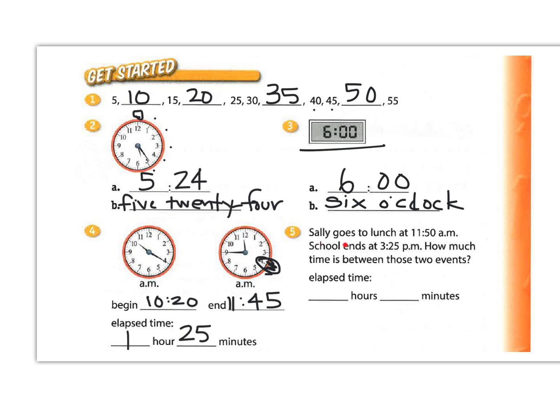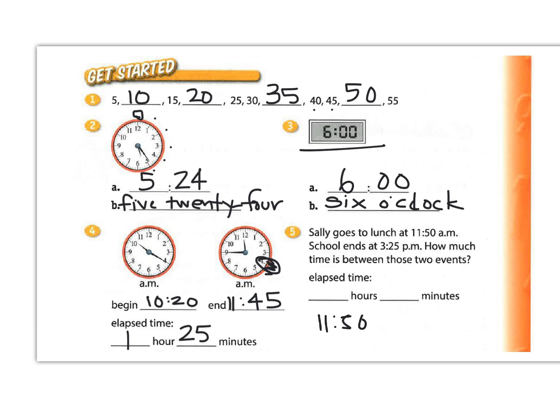Number 6 says, Sally goes to lunch at 11:50 a.m. School ends at 3:25 p.m. How much time is between those 2 events? So we need to figure out the elapsed time between that. So I think about doing 11:50 to 3:25, and then I count the hours first. So I think about 11:50